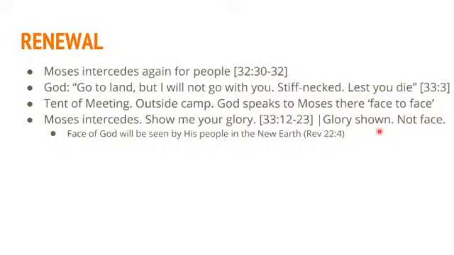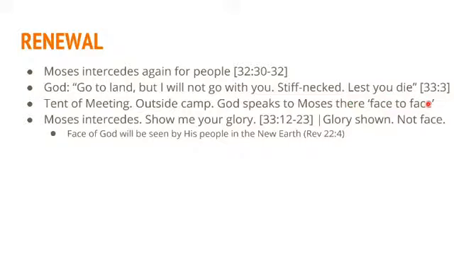Because some persons may say, how is it that God is saying he is not showing his face, but right above it says that he had a face-to-face conversation with God? To understand the difference, when he was in the tent of meeting, God would have manifested his presence in the tent, but it was not God directly. In other words, the actual form of God as he is in heaven is not what was taking place in the tent here.